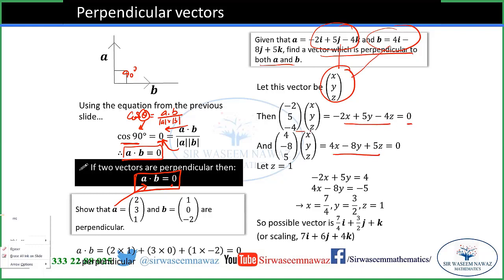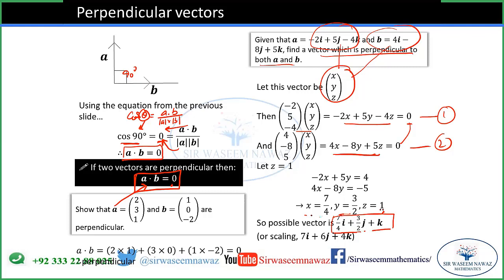So we find the dot products, each equal to 0, and we get two equations. When I solve them simultaneously, we get these values of x, y, and z. By placing them, we get the vector 7 upon 4 i plus 3 upon 2 j plus